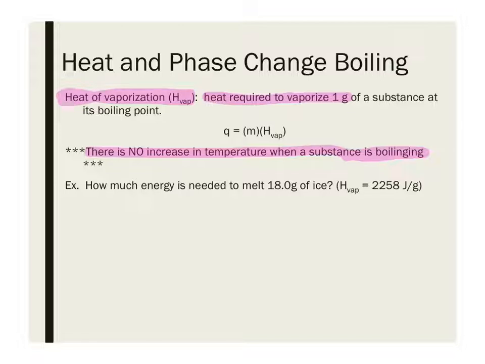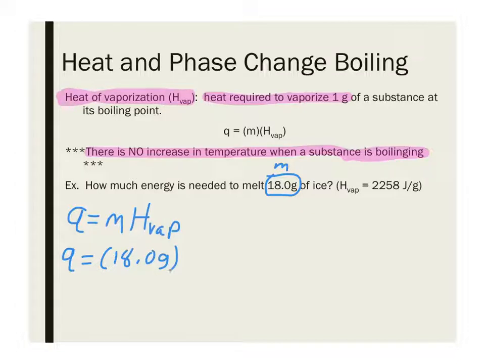So, we're going to take a look at how much energy is needed to melt 18 grams of ice. And I have a heat of vaporization of 2,258 joules per gram. To do this, I'm going to write my formula. Q equals mass times heat of vaporization, mHVAP. I'm then going to start plugging things in. I have 18.0 grams of ice. There's my mass. So Q, or energy, is 18.0 grams times the heat of vaporization, which up in the question is